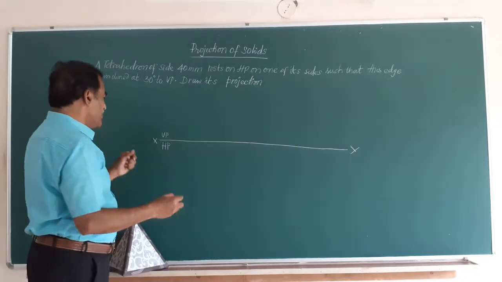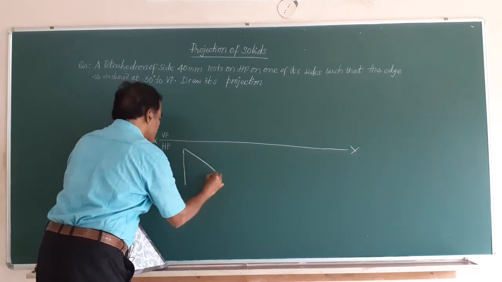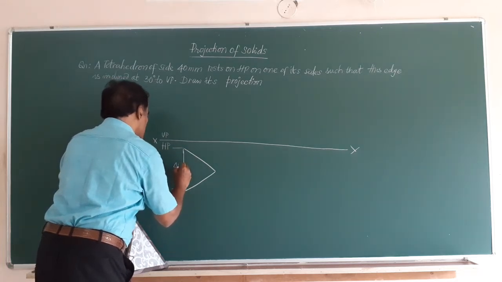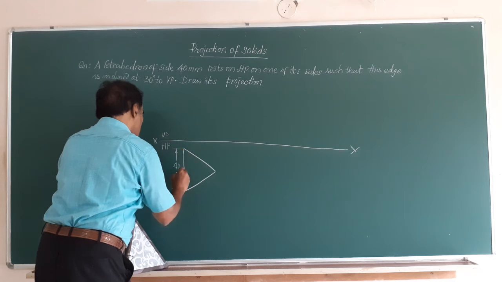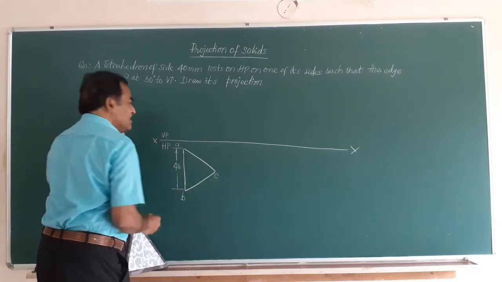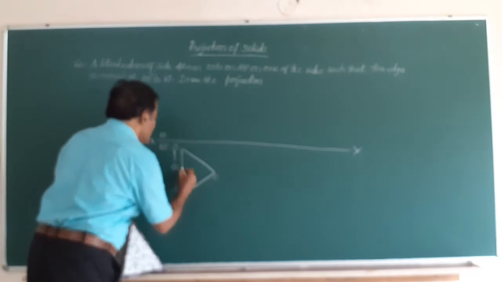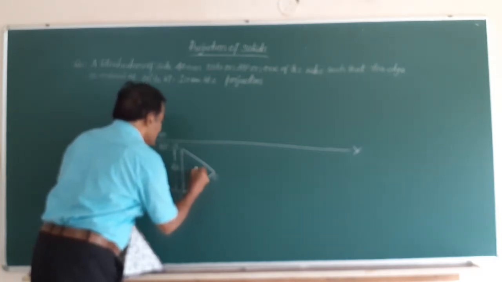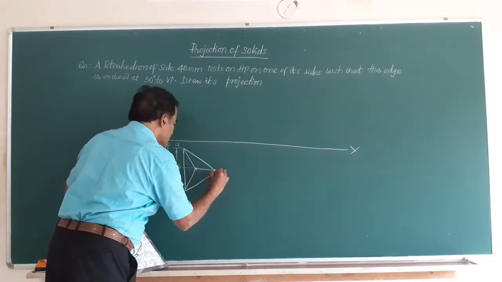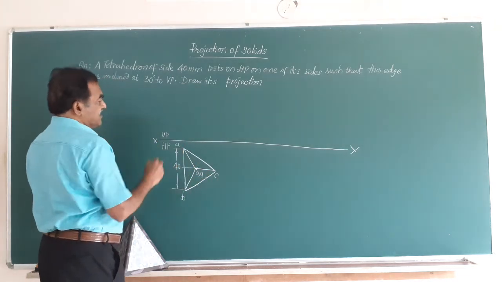Now, obtain the top view of the solid, that is going to be an equilateral triangle wherein all the sides measure 40 millimeter each. So, let me call this ABC, the top view of the base. Now, you will have to locate the center of this base. You know very well, you can bisect any two adjacent sides and obtain the center of the solid. So, say this is the center of the solid, and I represent this by O comma O1. O is the center of the top as a vertex, O1 is the center of the base.